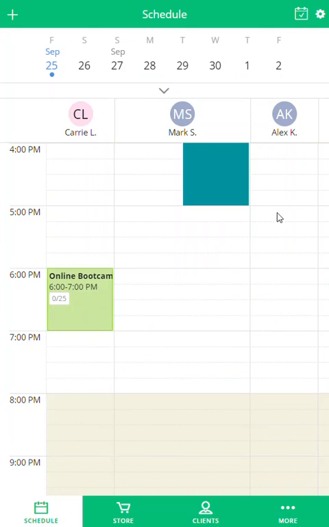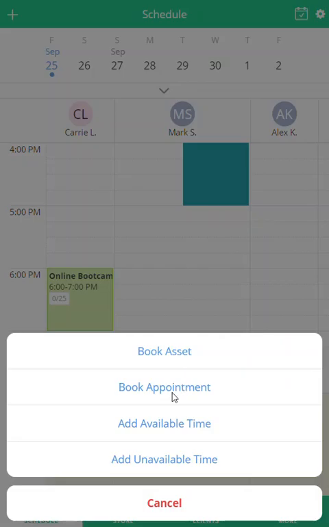5 p.m. Similarly, just like the browser version, we're going to go to Alex's name, go to 5 p.m., left click once, and then I have my options to book an appointment. Obviously, we can also book an asset if it's available. And I do also want to note that staff members can manage their available and unavailable time with the correct staff role permission. In this case, I'm going to go ahead and book an